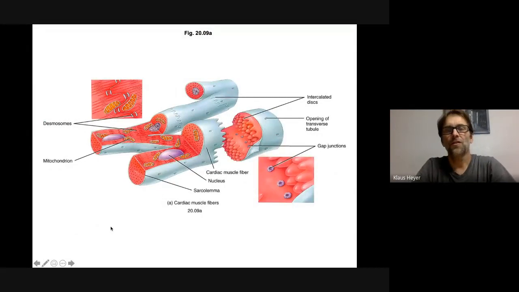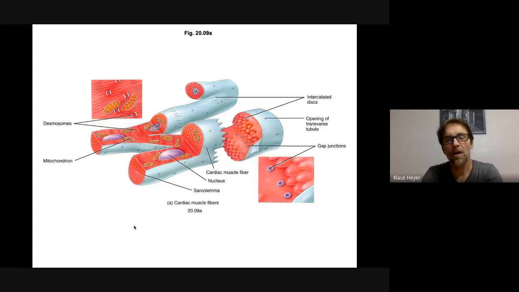Let's start discussing cardiac physiology. Cardiac cells are different than skeletal fibers or skeletal muscle cells for a couple of reasons. The main reason is because in between each muscle fiber, there's an intercalated disc. This is because the action potential, the electrical spark, has to get from one cell to another cell